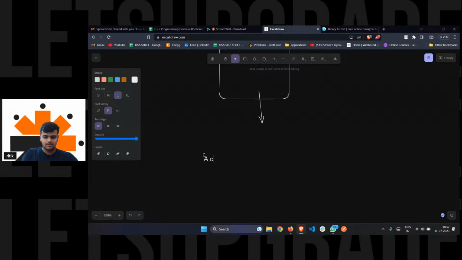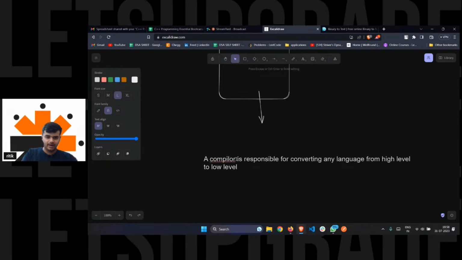A compiler is responsible for converting any language from high level to low level.